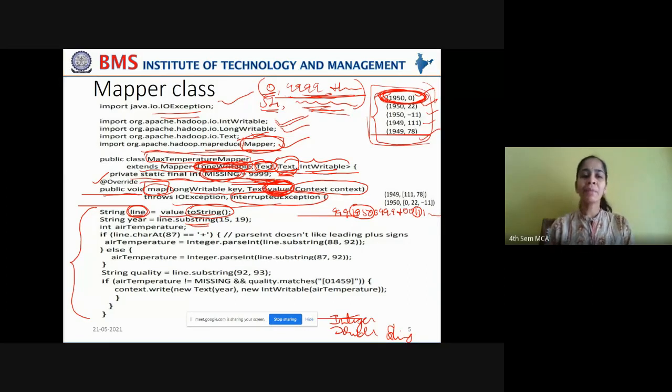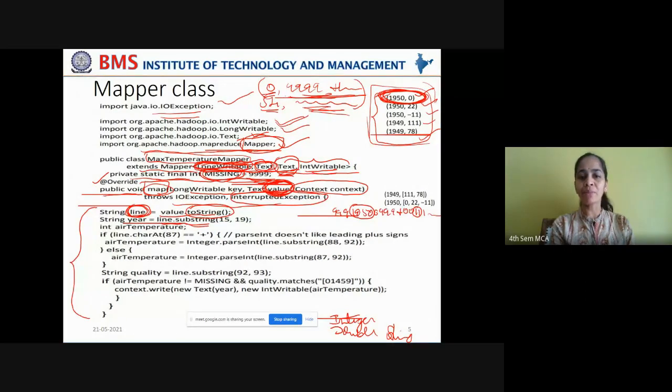See the next line. To fetch the year, you have to fetch only a small part of the main string. The line now contains the entire raw record converted into a string. From this string, fetch the substring. From where to where?